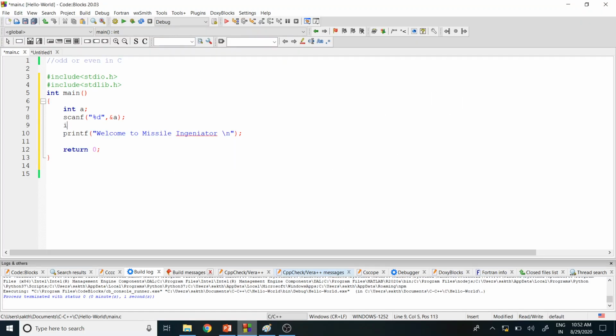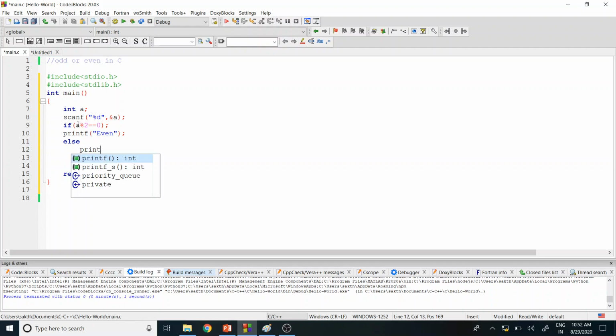So I'm going to declare an if statement. In the if statement, we use the modulus condition. If the modulus value is 0, then the value is even, so we print it with printf: the given value is even. Or else, in case the value is not equal to 0, then whatever the end user entered will be odd. So this is how we find odd or even with a simple program.